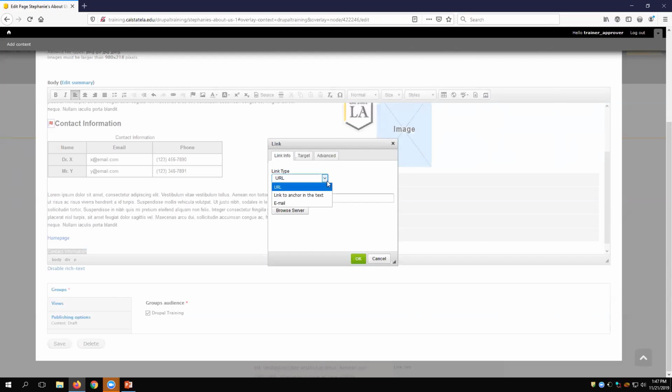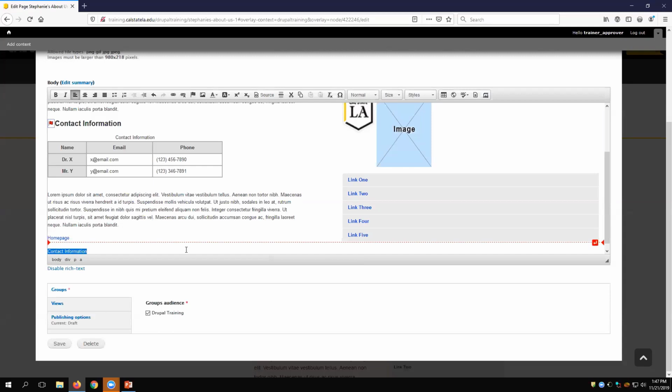And I'm going to select the contact information at the bottom, click on the little link icon, and as the link type, I'm going to link to anchor in the text. And if you have more than one anchor, you can either select by name if it's easier or by element ID. You don't have to do both. I'm just showing that you can do both. One or the other works fine. Since we only have one, there's no real reason to do both. But it's just easier to do so. So once we have that all put down, we're going to click on Save.